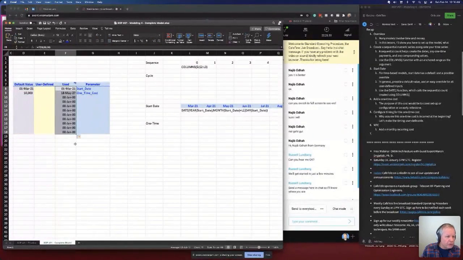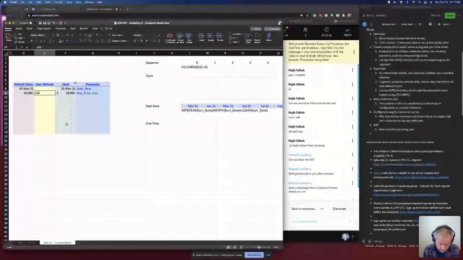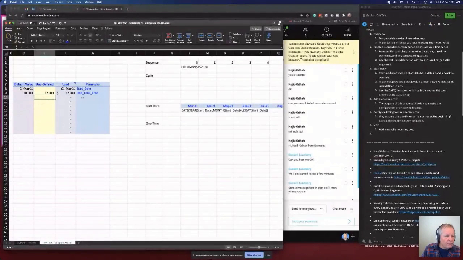I'm just going to fill it down. And that's actually a dollar value, and I can still overwrite it. Great. Okay, I also have a